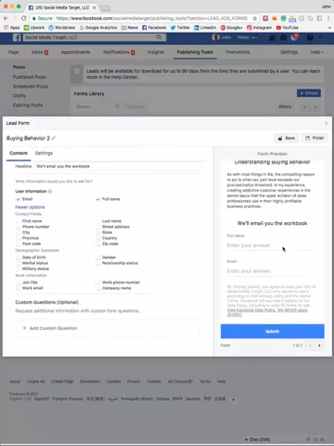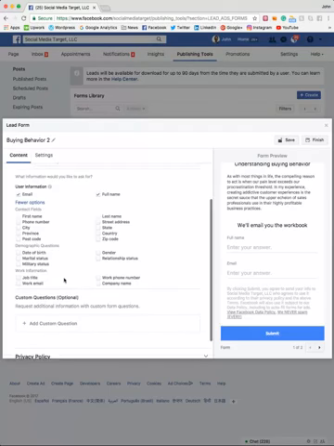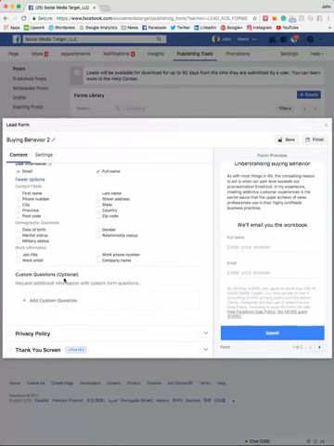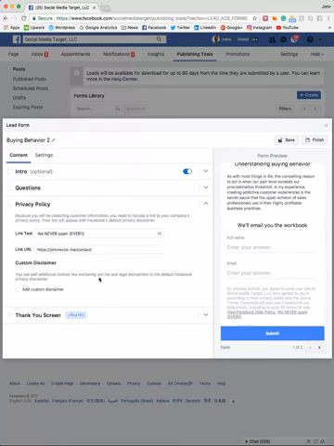So ask them to give you the name, email, if you really do need something else, but the fewer questions that you ask them, the better, okay? You can even add custom questions here. Your privacy policy is